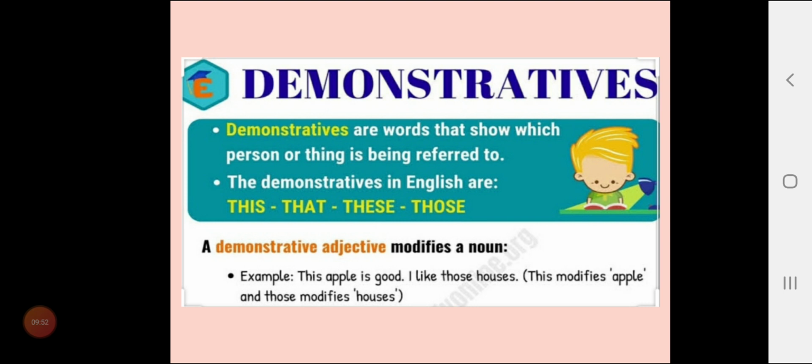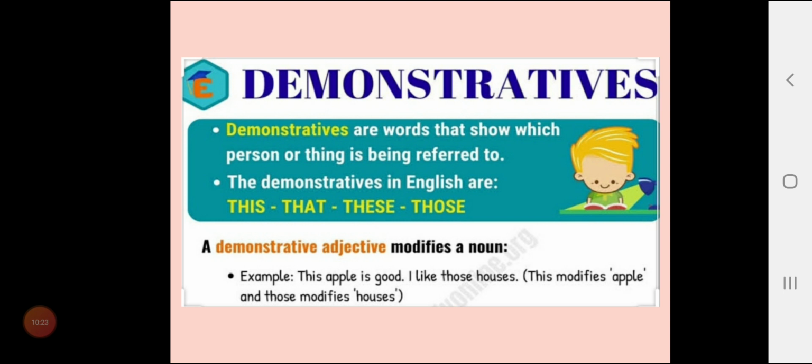This apple, it modifies apple, it tells you which apple, the apple near to you. I like those houses, you can point out with a finger those houses. So therefore they are demonstrative, you are demonstrating something. For example, these mangoes are sour, can you see that building, those children played well. Do not confuse demonstrative pronouns and demonstrative adjectives. There is one trick to remember